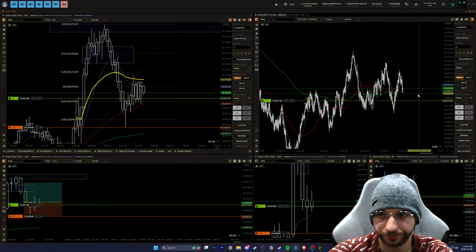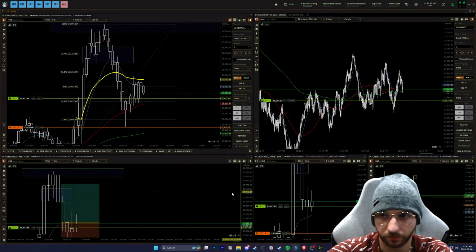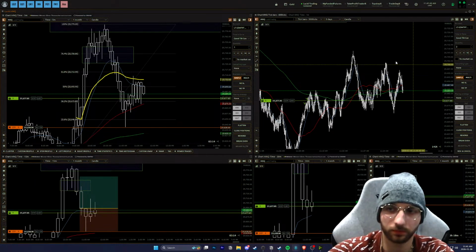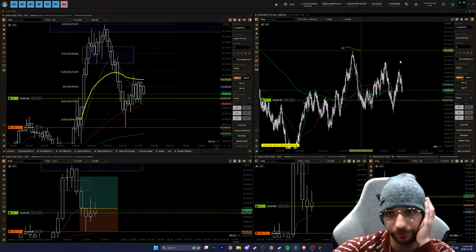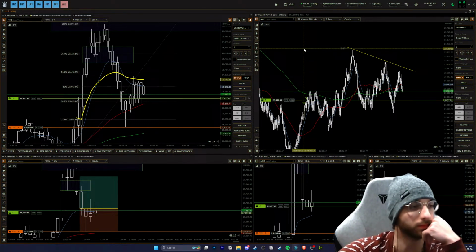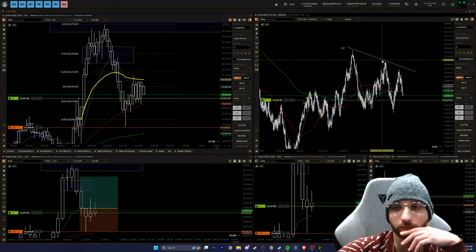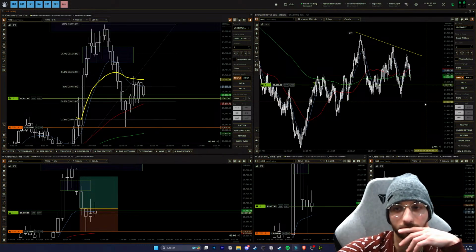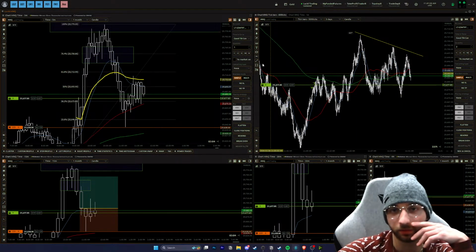Pretty big wick. We need to break the structure. Support's been holding, but